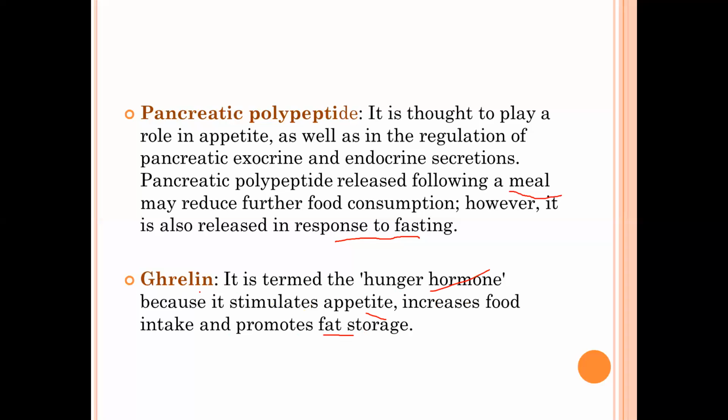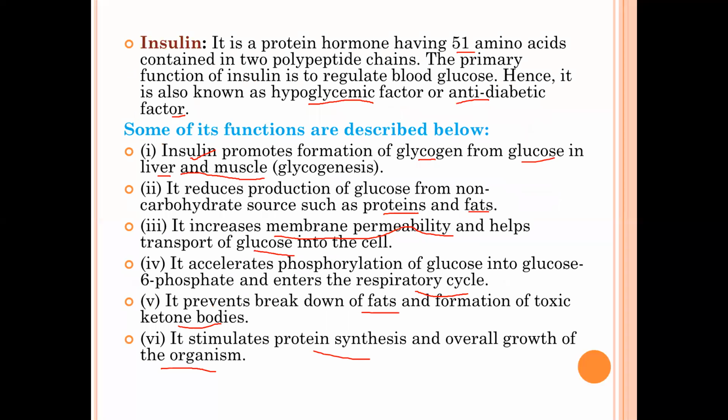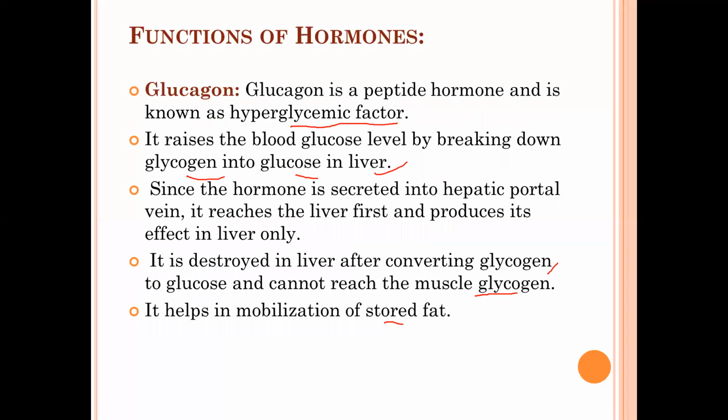So what does it do? This hormone will stimulate the brain cells, that if there is a decrease in glucose content, it tells our body that we feel hungry and then we eat. So it is mostly meant for increasing our appetite. So these are the different hormones produced by the pancreas, and the most important hormones are insulin and glucagon.